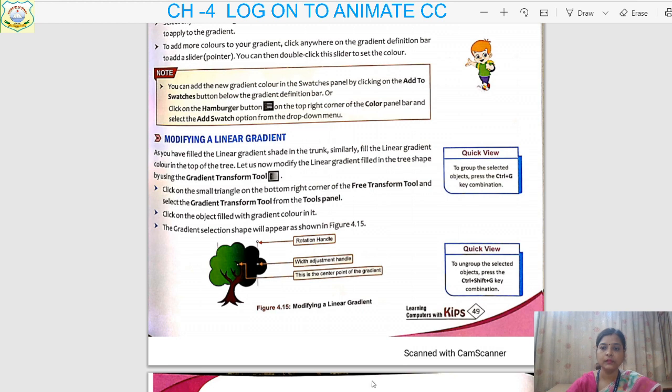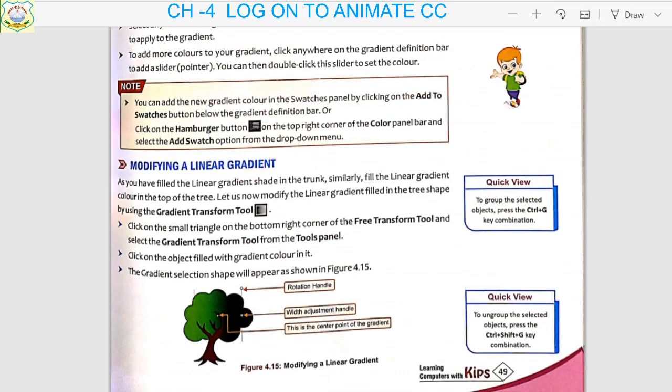Now the next point is modifying the linear gradient. If you have applied the linear gradient color, shade in the tree trunk, because earlier, before filling the color, we have to choose whether it is linear gradient or radial gradient.